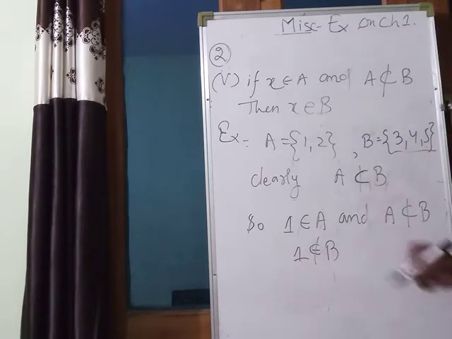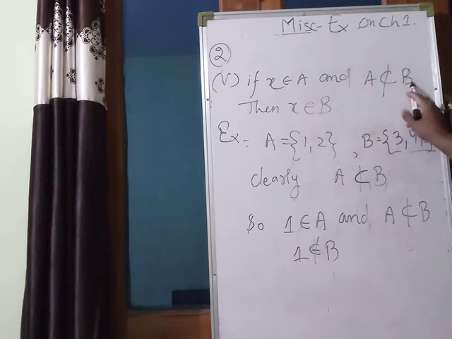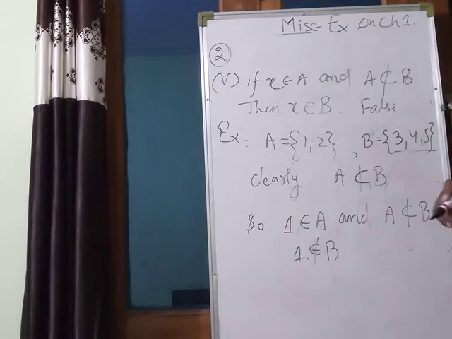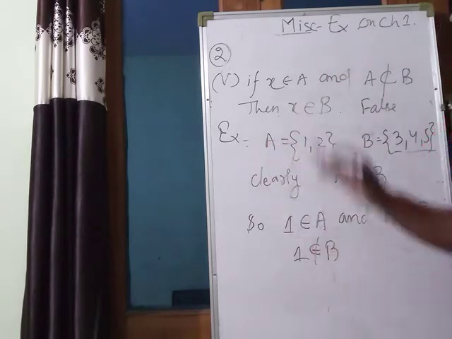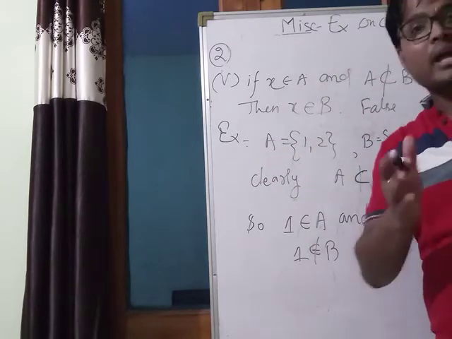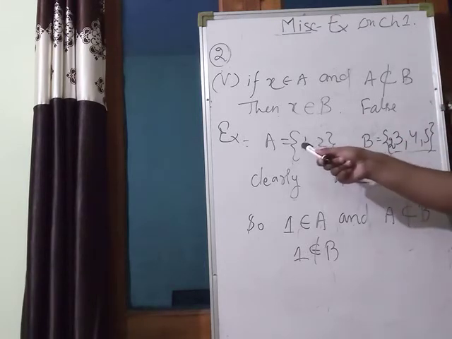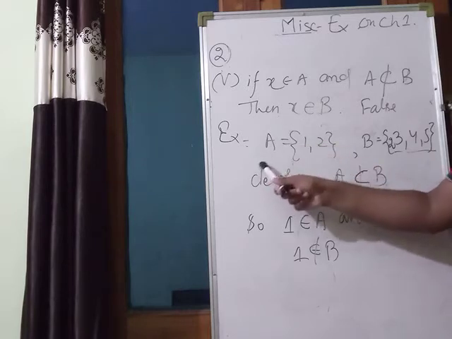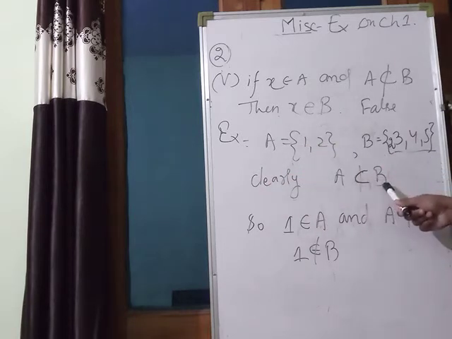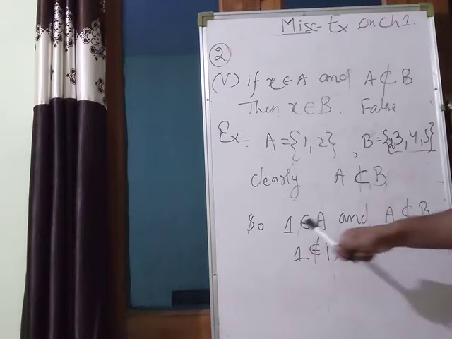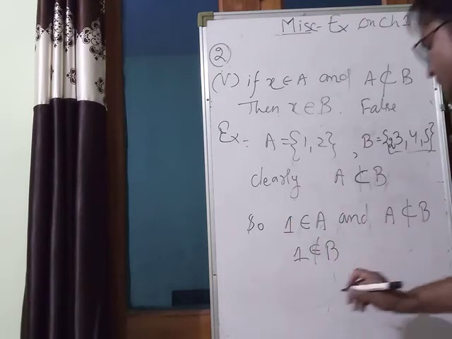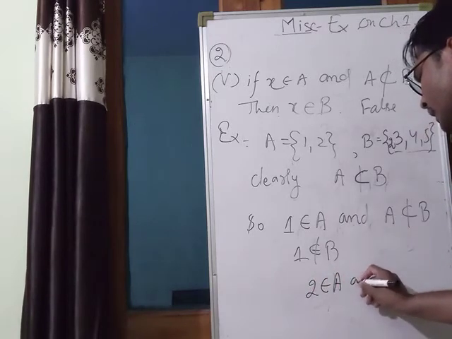आप देखो तो ये जो स्टेटमेंट है X belongs to A and A is not subset of B, then X belongs to B, ये तो फॉल्स स्टेटमेंट है. अच्छा ऐसी भी सिचुएशन हम ले सकते हैं जिसमें X A में बिलोंग करे, A B का सबसेट ना हो और X B में हो. जैसे यहीं पे अगर हम ये 2 बढ़ा देते हैं, तो आप देखो अभी भी सेट A में 1 है, 1 belongs to A but 1 does not belongs to B. That's why A cannot be subset of B.